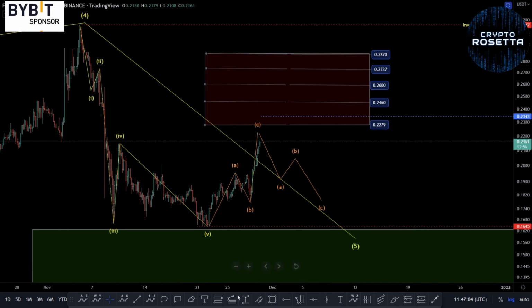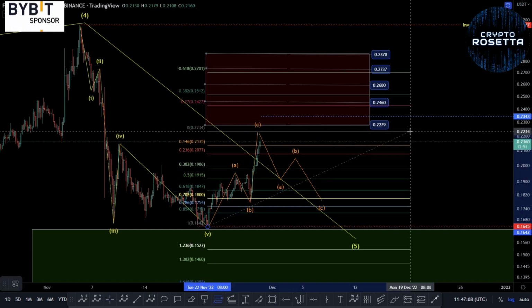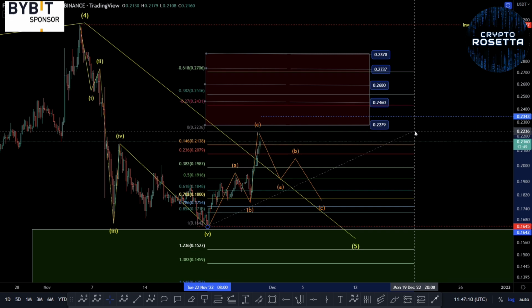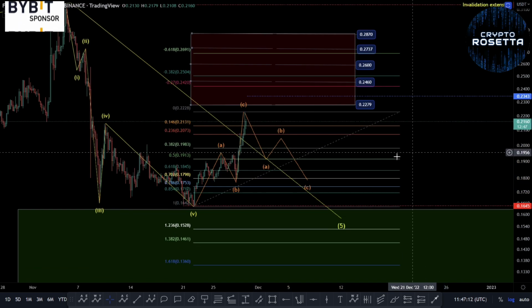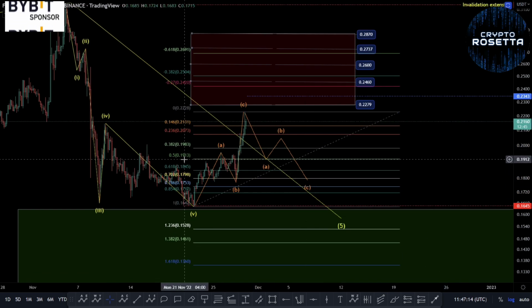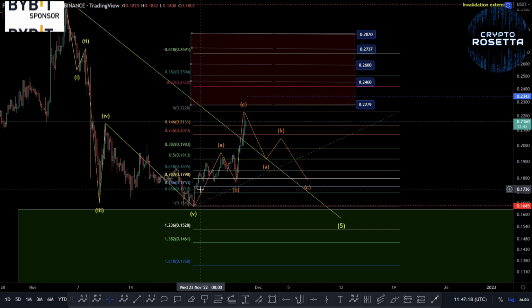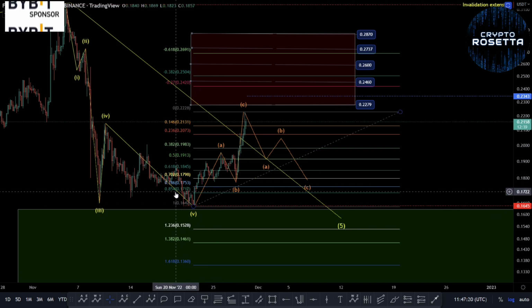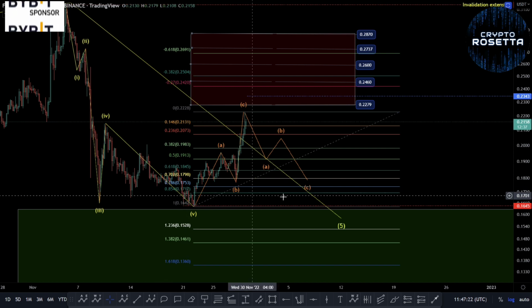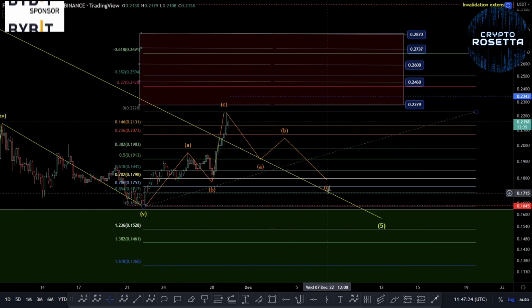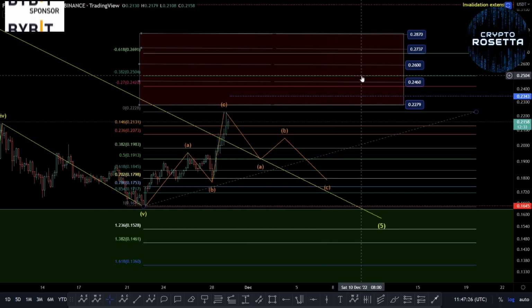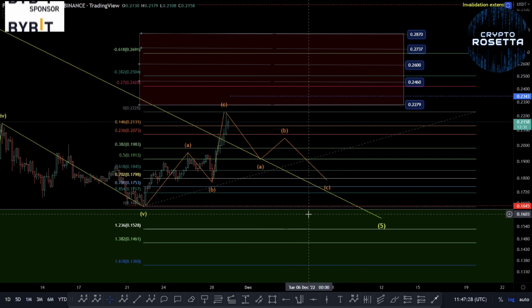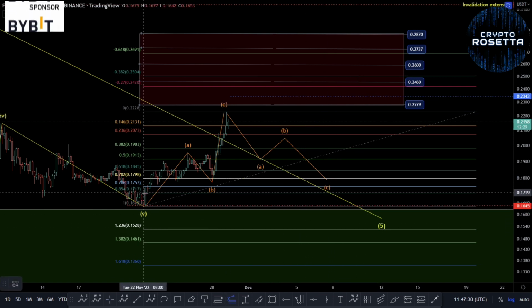If we stay above that and we retrace, I think I've got it marked on the other one, but we'll do it on here as well. So if we just measure this up here, eyeball it in, there we go. So a B wave retracement would be between 0.1913 and 0.1717. A move down into that zone could then potentially set us up for a bigger ABC to the upside. And effectively, let me just overlay this.